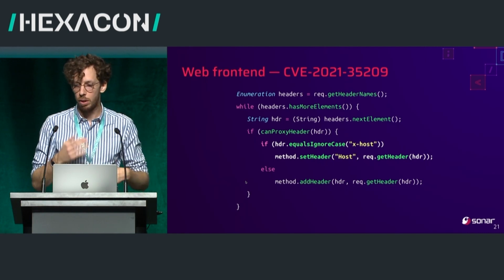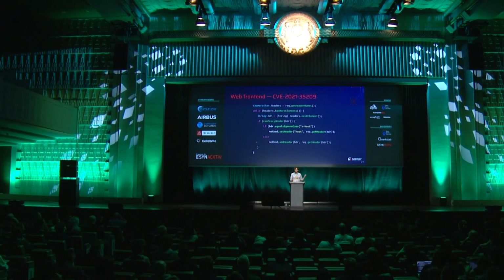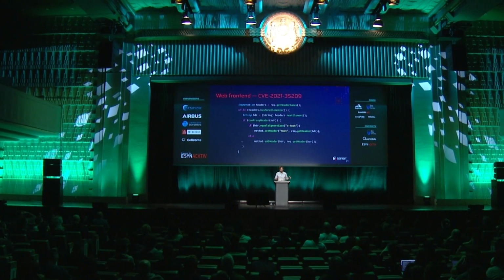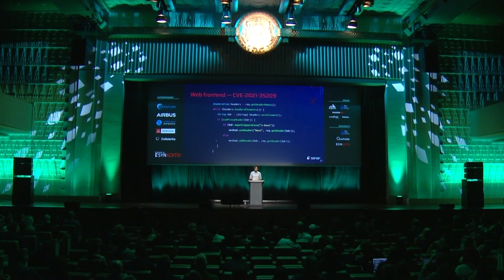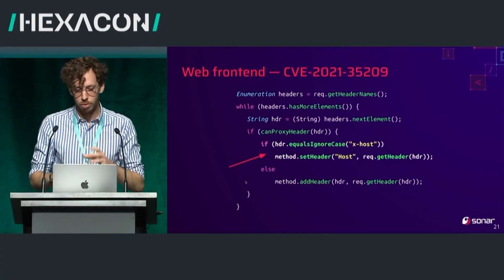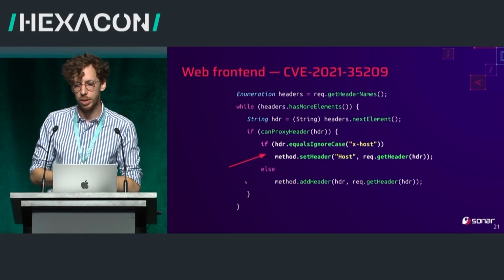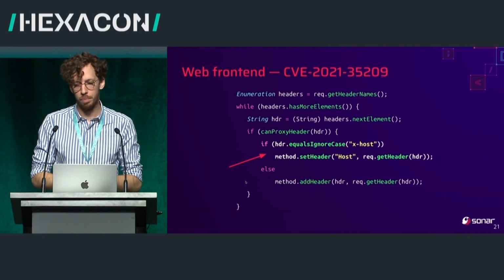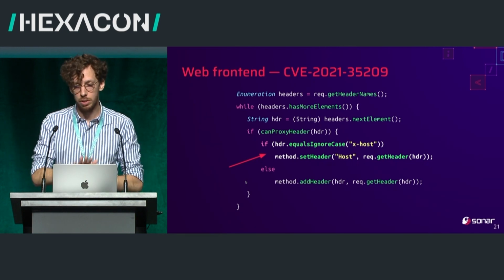So it's taking every single existing header, only the ones which are allowed. So it's removing headers like host, like content length, for instance, to kind of make a safe request. But if we look at this line, we see that if there is a header from the request that's called xhost, we can change the host header of the request. We are still only allowed to fetch webex.com subdomains, but we can set the host header, which is going to